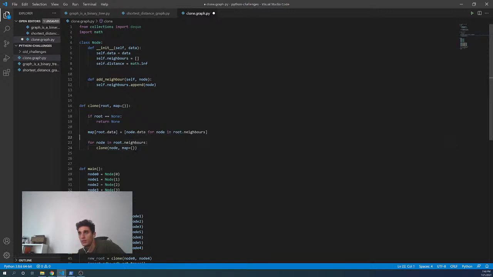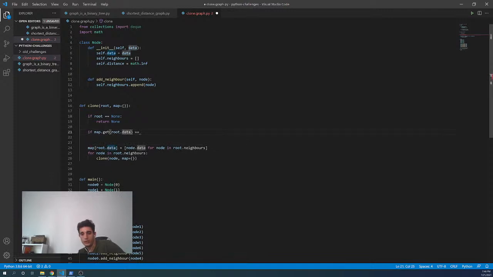But I think to avoid this could be that if map dot get of root dot data is not there, we just return false. We return false equal false. So we don't get it. In this case we just return